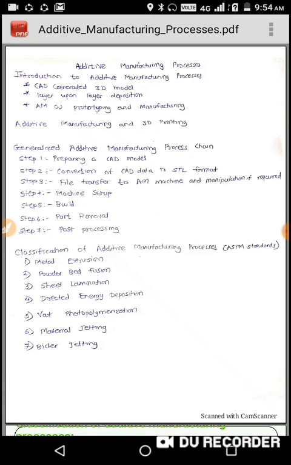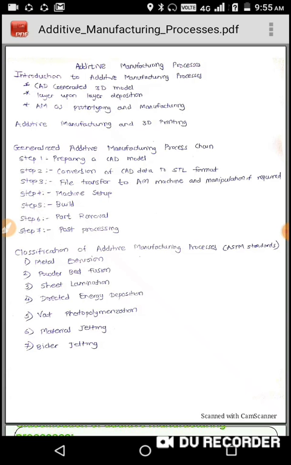So in this process we are making a CAD model using some CAD software, or if an already existing object is there, we can scan that object, get the coordinates, and directly create the CAD model using the scanned object. So this is the first step of preparing a CAD model.